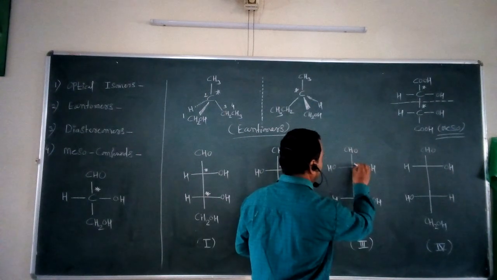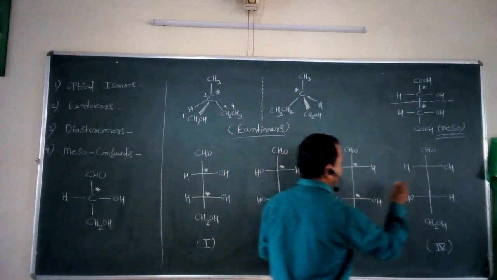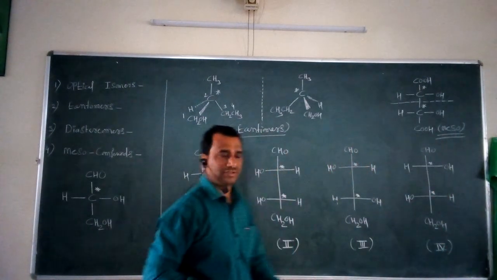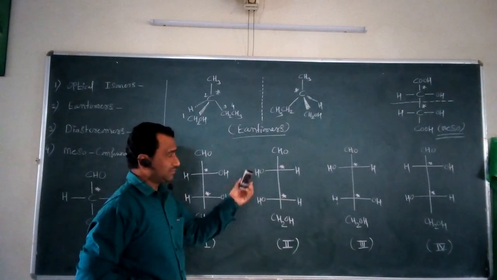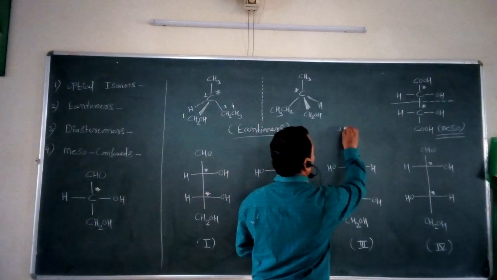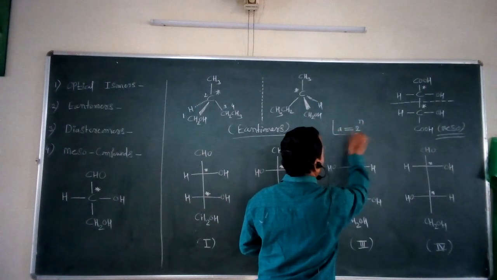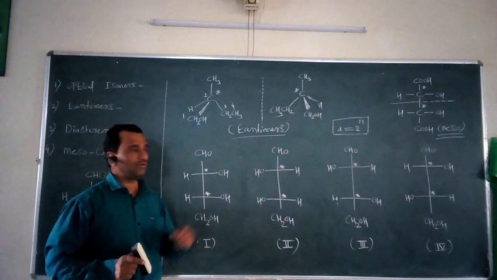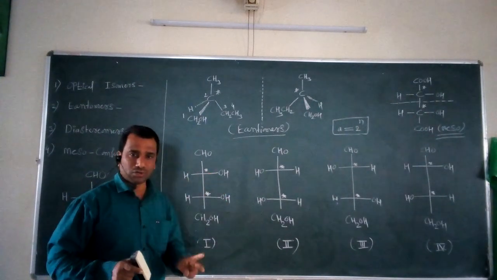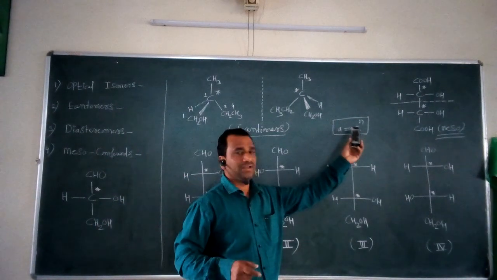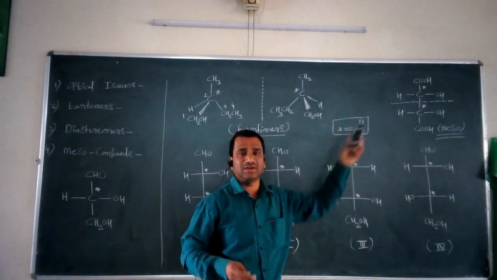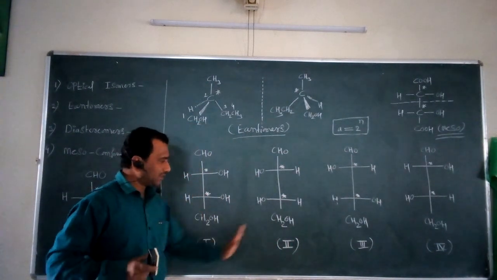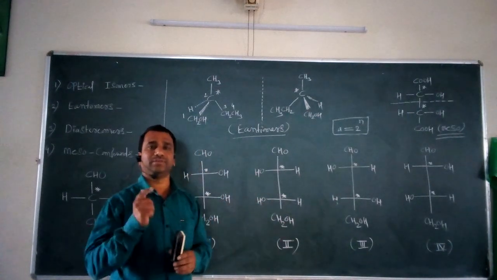And we know that if a given compound has 2 chiral centers, then how many stereoisomers are possible? That is calculated with the simple equation which we just studied: A is equal to 2 raised to n. With this equation, we can find the stereoisomers possible for this compound. As the chiral centers are equal to 2, if we substitute in this equation, A is equal to 2 raised to 2, and that's why the total possible stereoisomers are equal to 4, and these are the 1, 2, 3 and 4 different stereoisomers.